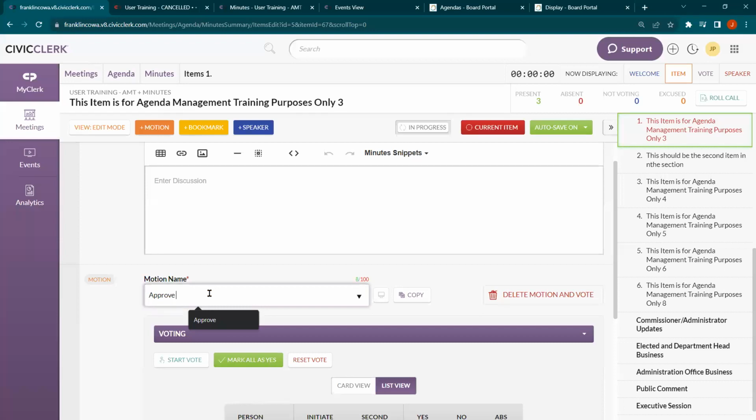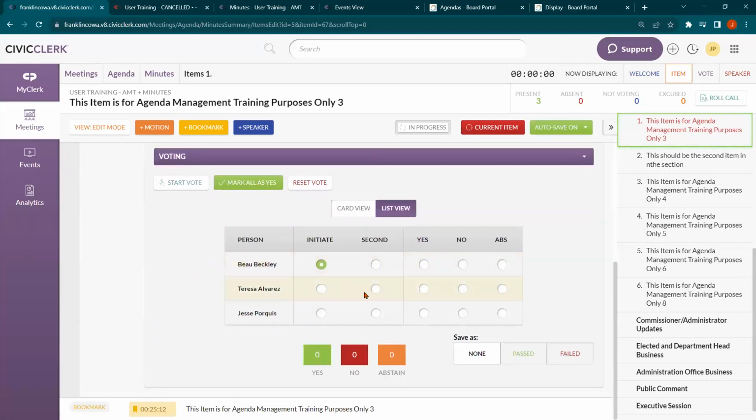It looked like for the BOC, a lot of times they're very generic, as presented or something like that. And then we'll go down here and run our vote: initiate, second, mark all as yes. This time, however, let's say somebody votes no. We always want to make sure that we have that correct as well. So if someone happens to vote no,